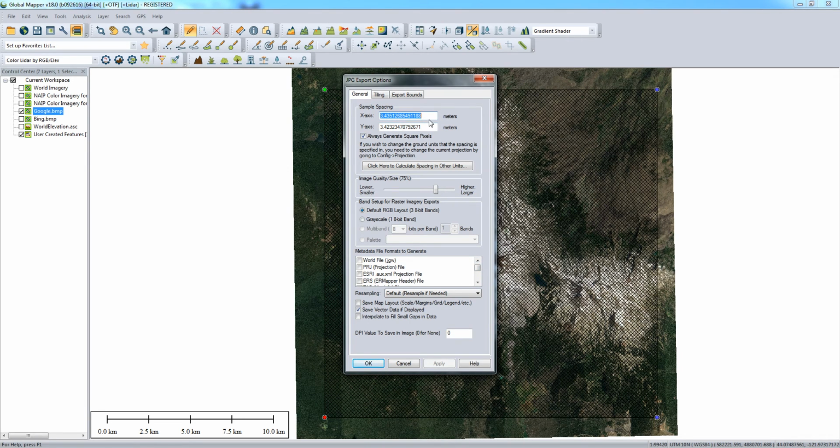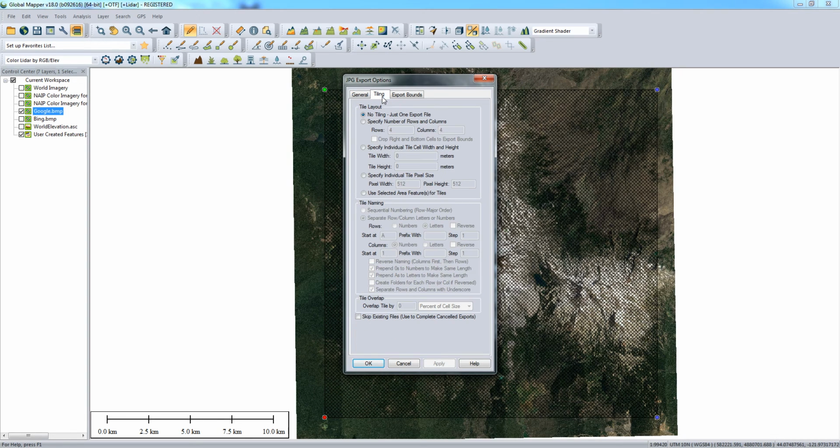The sample spacing section in here is very important, and these values define each pixel's resolution. Every time this window comes up, it shows you the maximum resolution for each pixel. We're going to leave them as default here. In the next tab called Tiling, we're going to define the number of exported images. Choose the specified number of rows and columns, and we're going to set them to 4 to match with the 16